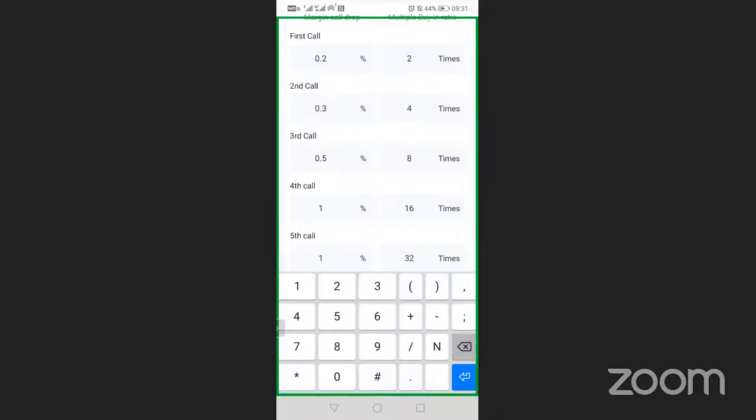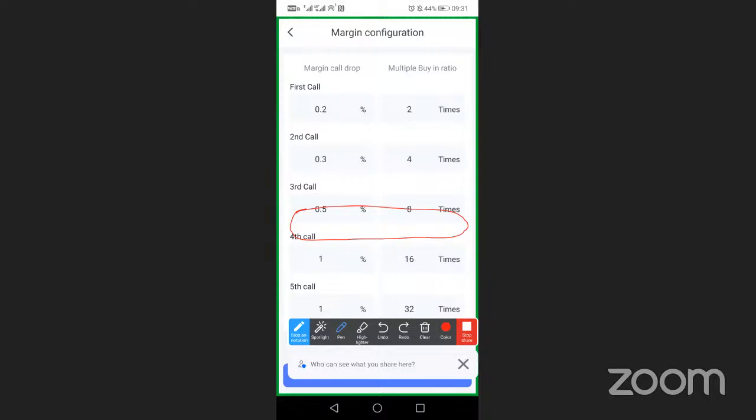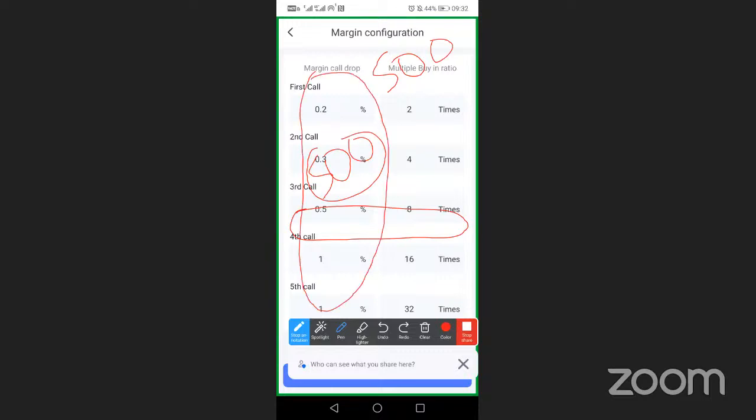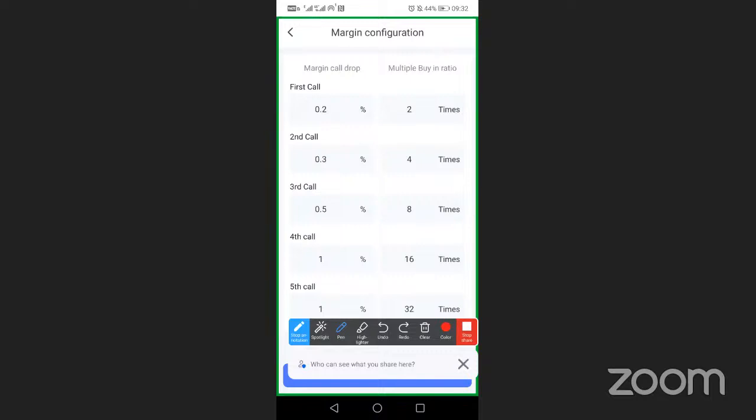All right. Now, let's come and work on our capital. Remember, we are remaining with $500. So after the robot buys with 500, we remain with another 500. This 500 is the one that we're going to use for these margin calls here. All right. So our settings still remain the same.